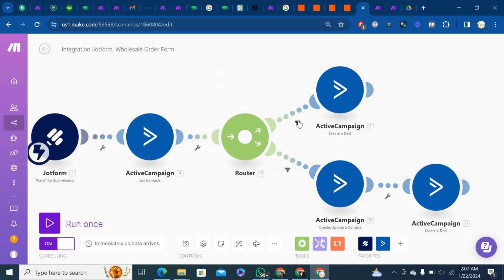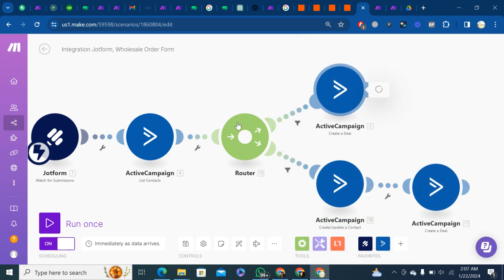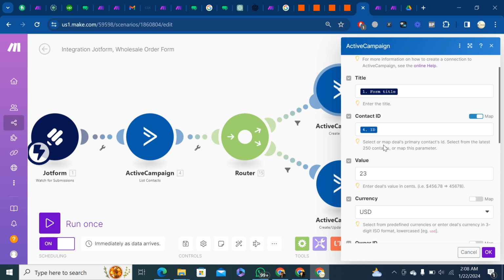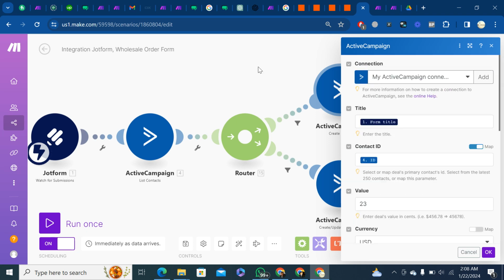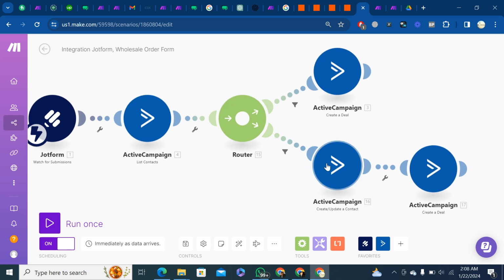One, if the client already exists, so you can say client exists, and the title should exist in our system. Because title is a required field in the next step, I again use the contact ID associated, because if the contact exists we can associate it, because we have to connect the deal with the associated contact. After that I add that, and the other route is we have to first create a contact, and